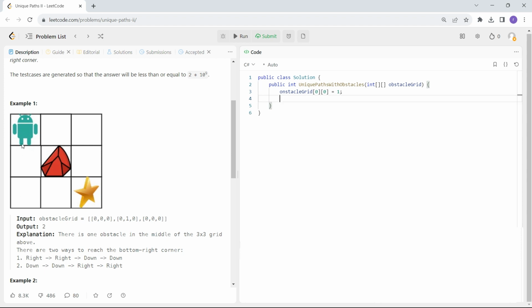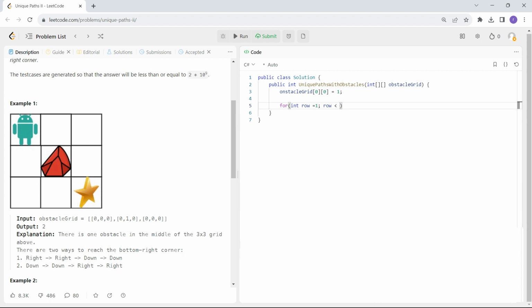So for the first column, we can simply assign the values coming from the cell above it for each of the cells because there is no cell towards their left. So let's create a loop with row equal to 1 because the first row is already assigned. We don't need to consider that row. So I'll be starting from the second row and